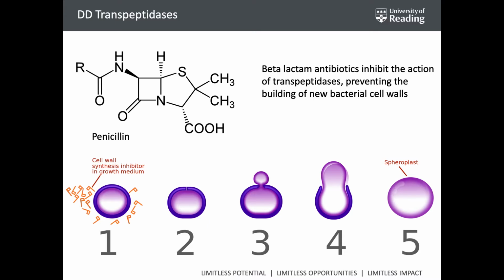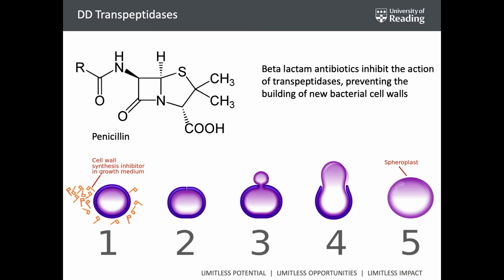This is penicillin, and the beta-lactam ring, which is this ring just here, is almost like a sort of trap that's ready to spring for the bacterium. This binds to the active site of the DD transpeptidase, and one of the bonds within the beta-lactam ring forms a covalent bond with the active site of the DD transpeptidase. What that does is it inhibits the action of the transpeptidases,